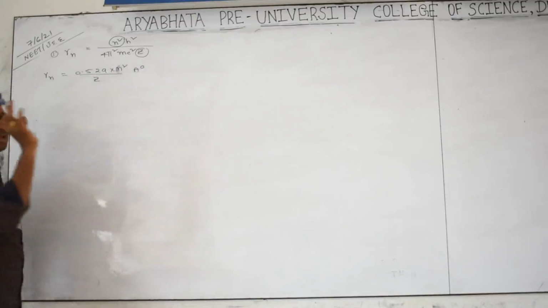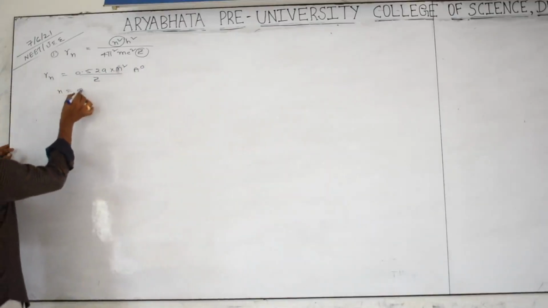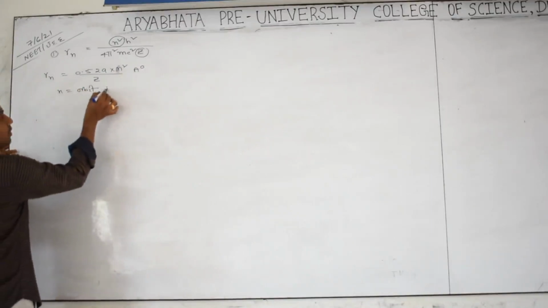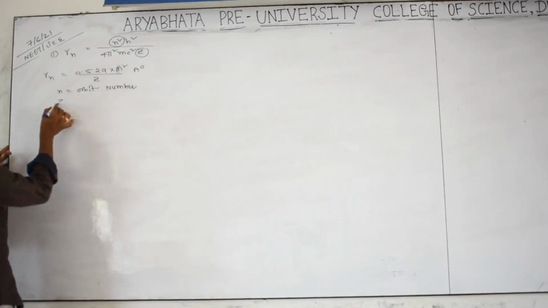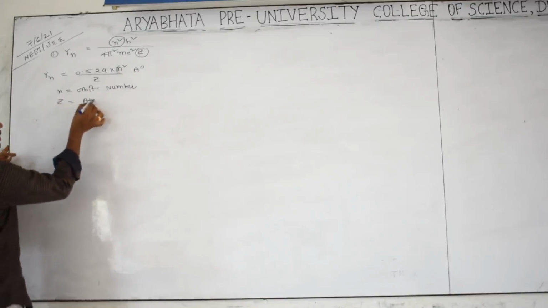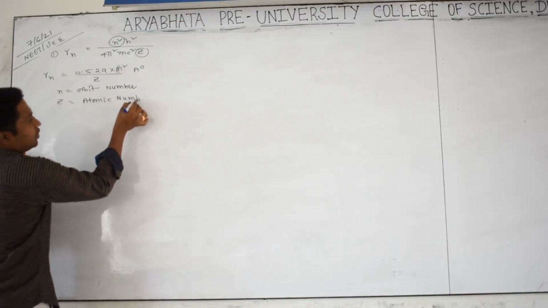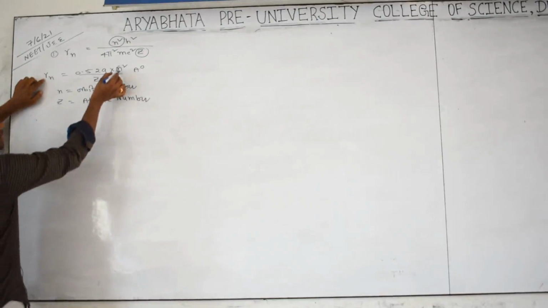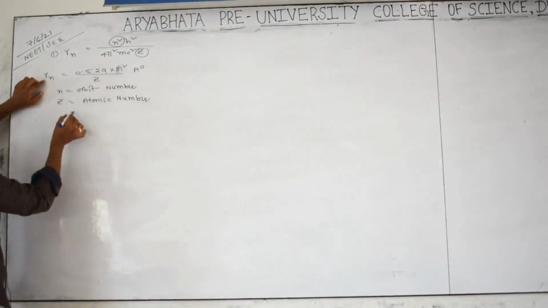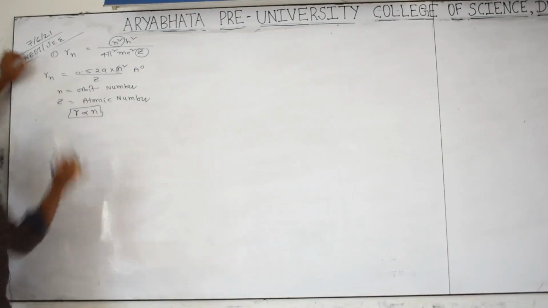What I'm telling is, everything has to be practiced very carefully. What is the meaning of n? Orbit number. First orbit, second orbit, third orbit. You can take z is equals to atomic number. Are you clear? Yes. And from this what we can tell is, as the orbit number is increasing, radius is also increasing. That's why radius is directly proportional to orbit number.